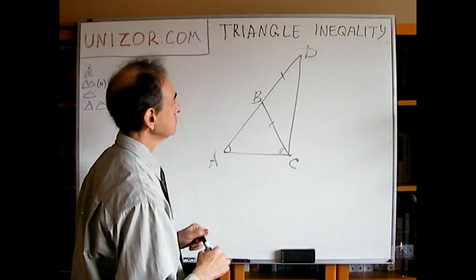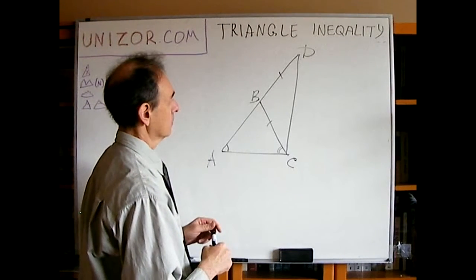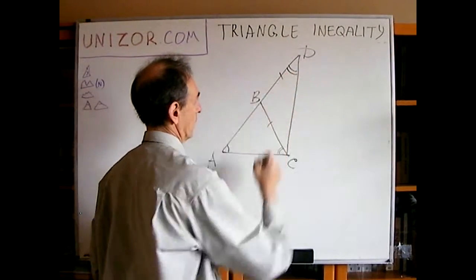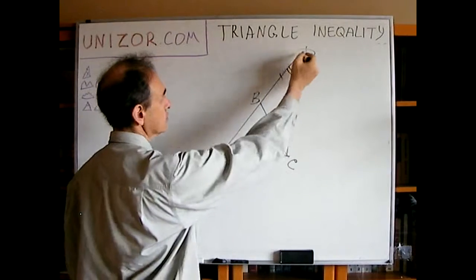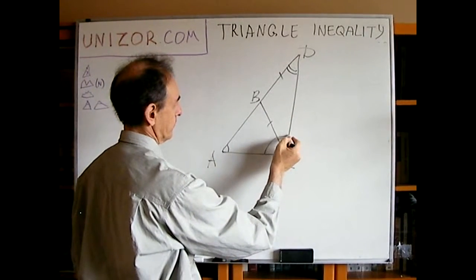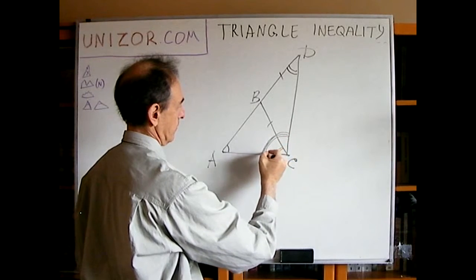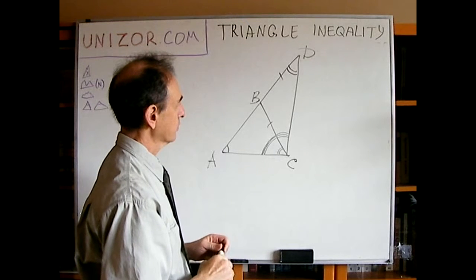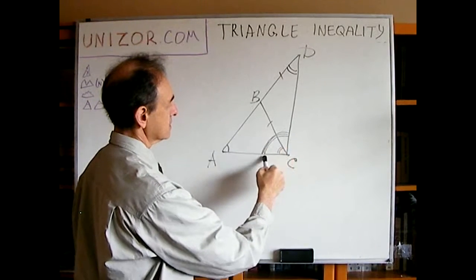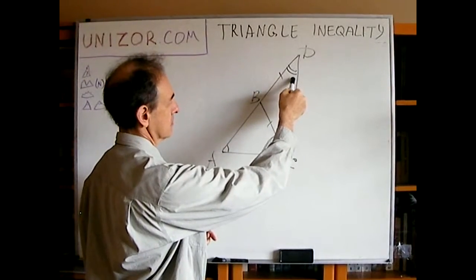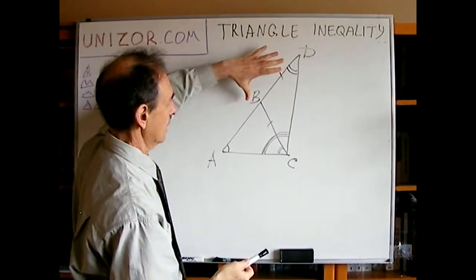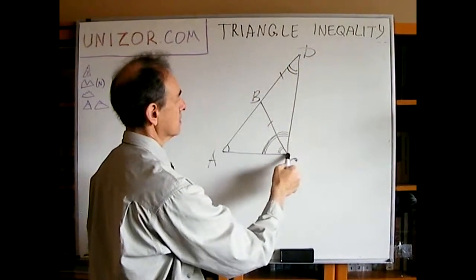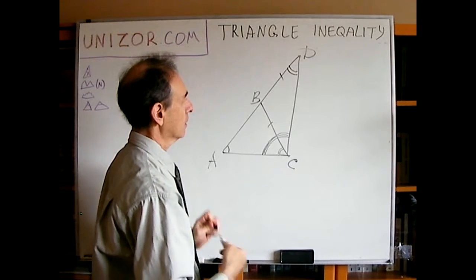Now, what's the angle opposite to AC? It's this one. What's the angle opposite to AD? It's this one. But here's a very interesting consideration. Instead of proving that this angle is bigger than this, which would prove that the whole side AD is bigger than AC, which we need, I will use the fact that BDC is an isosceles triangle, and that's why the